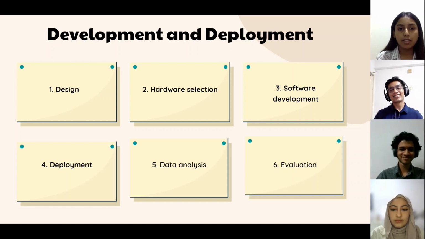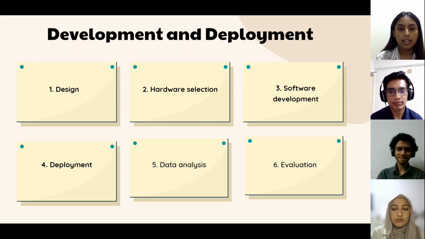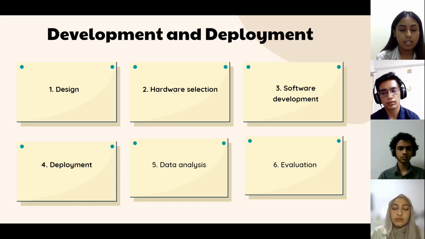And the system was also intended to give real-time crop growth monitoring and detection of any irregularities. Next, the system's hardware selection. It is chosen for its low power consumption, small form factor, and compliance with the WSN architecture, followed by the software development. In this case, it is not mentioned in this specific study, but for operating systems, Contiki can be utilized in this kind of scenario.